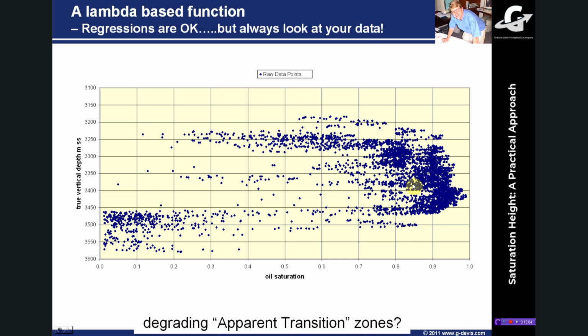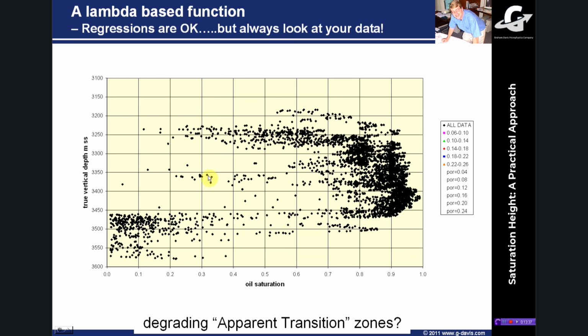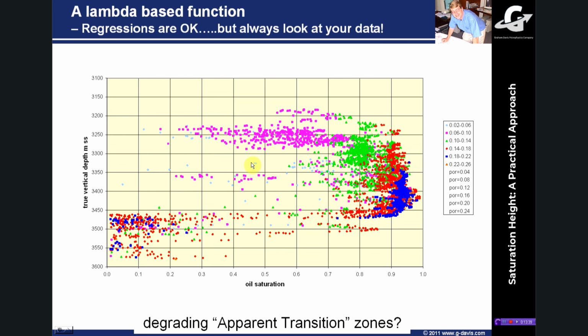I think it's an upside down transition zone, but if we look at the porosity plot of this data, the Buckles plot, it's quite interesting that you've got quite a well-defined control on saturation here. In fact, you've got quite a clear trend here, a good set of data indicating that the saturation is increasing here, and that's quite well constrained. And you can obviously see another cloud of data coming through here indicating we've probably got another couple of facies here. So there is a strong control of porosity on saturation, and if we color this data up by porosity, again, it enhances it.